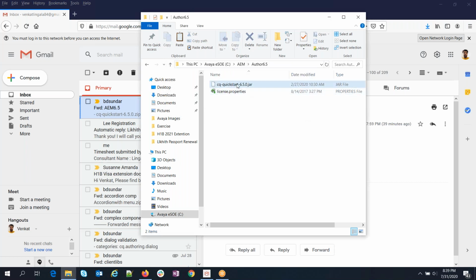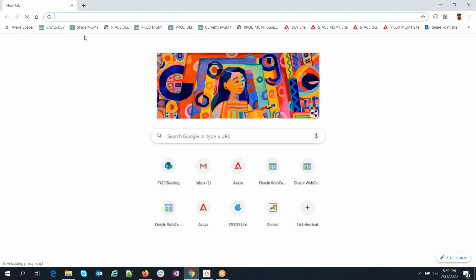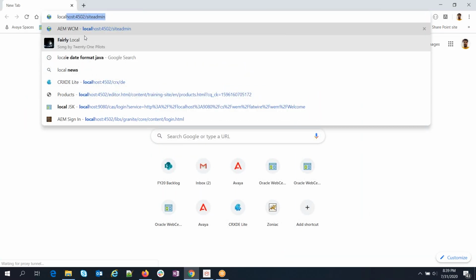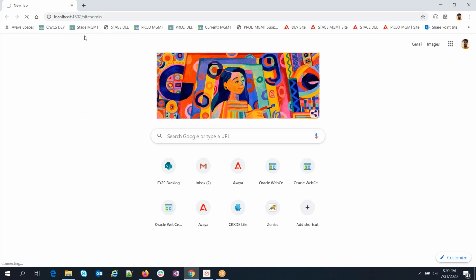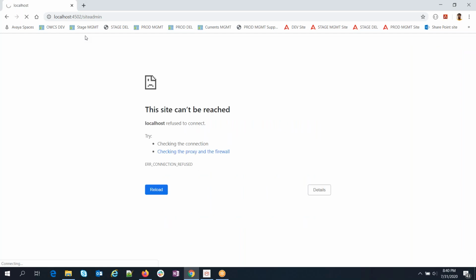Open a tab in your browser and type localhost:4502/CRX/D. Enter. That's fine, your instance is stopped.